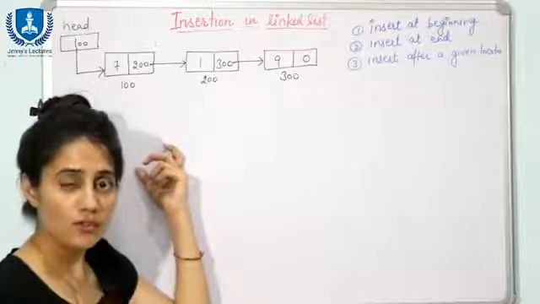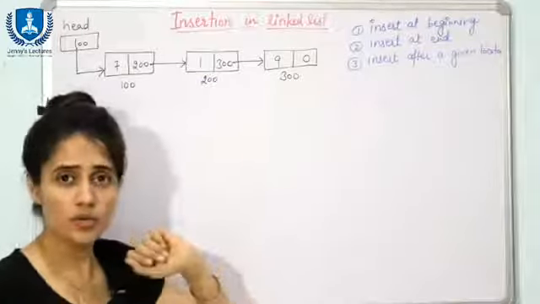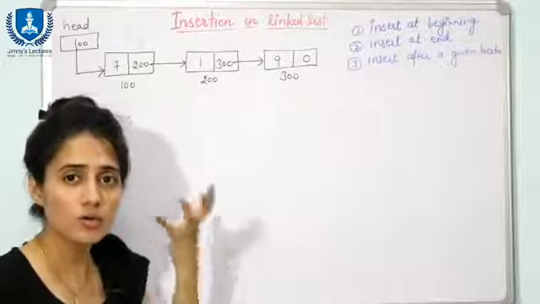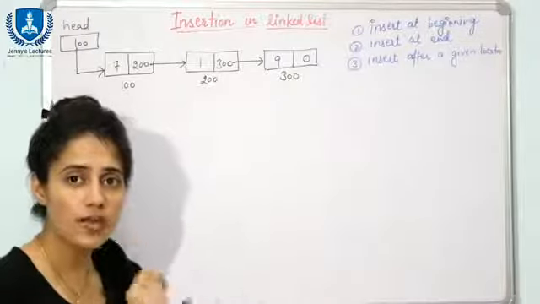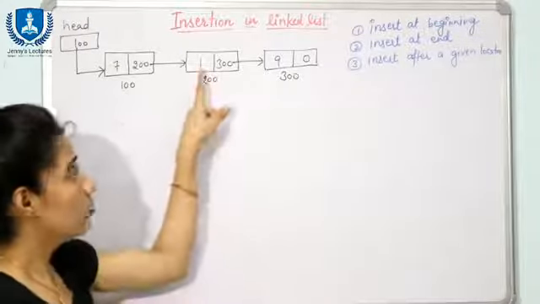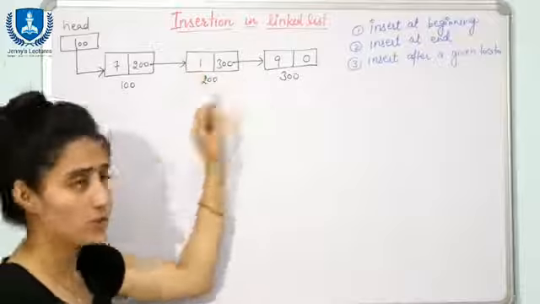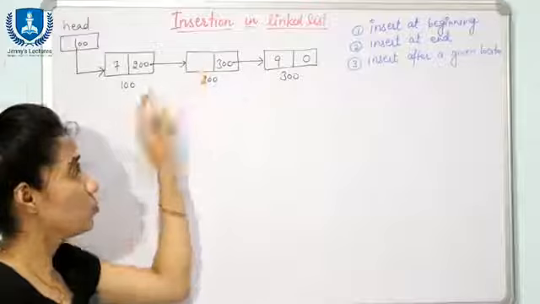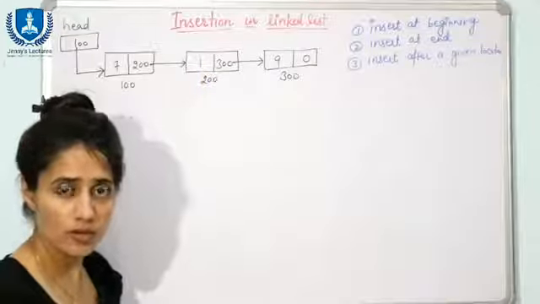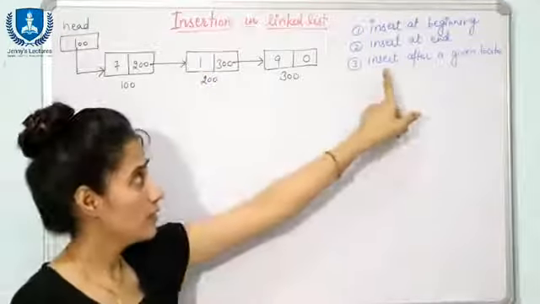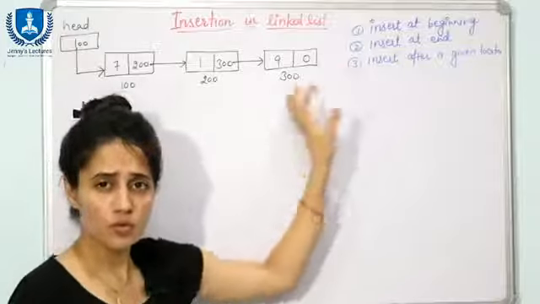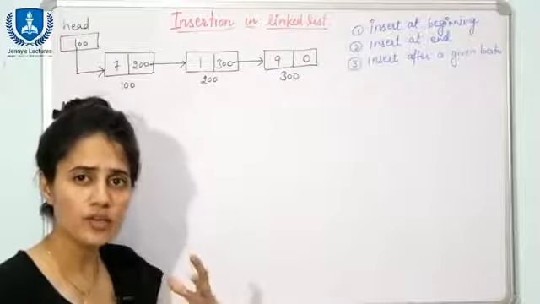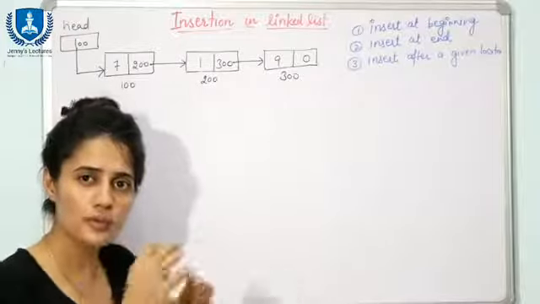Fine. And if you are not dealing with this location, then another case may be insert a node after a given value. Suppose the value is 1, so after this node I want to insert. Or second case may be before this 1 I want to insert a node. Fine. So I guess if you get this point, insert after a given position, you can easily modify it for the remaining cases.